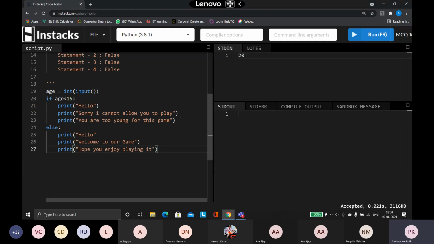That's it. So now when you execute the same program, see what is the age I have given? Age I have given as 20. So first that is going to get stored in the age variable. Then the condition is whether age, that is nothing but 20, is less than 15. So the condition is going to be false. So when the condition is false, automatically it will go to the else part, and whatever you have given within the else is going to get executed for you.